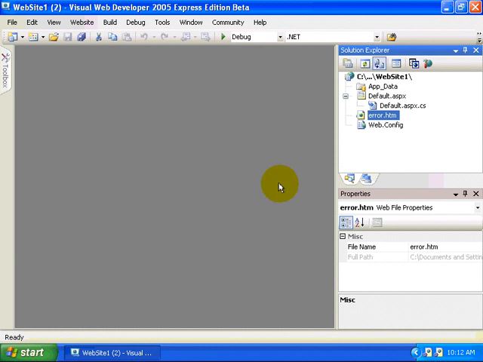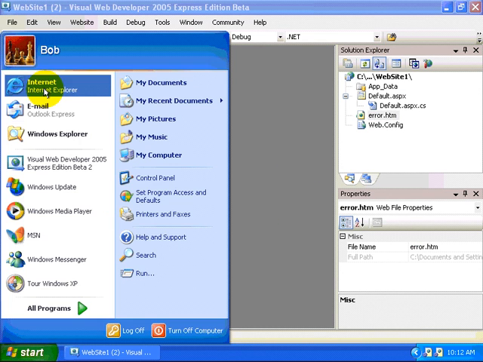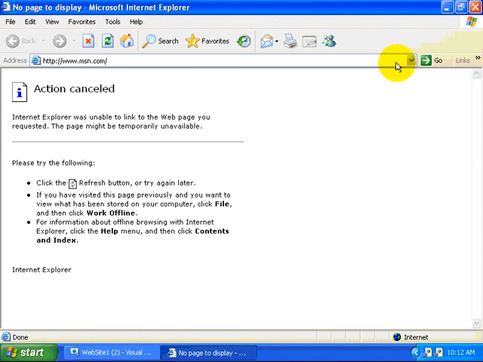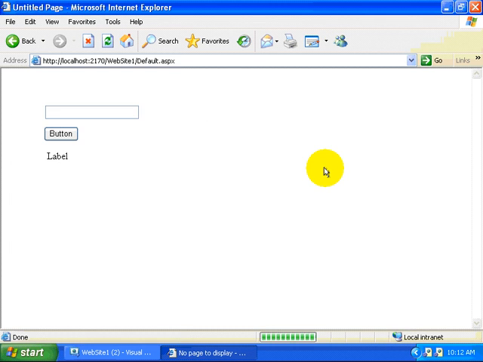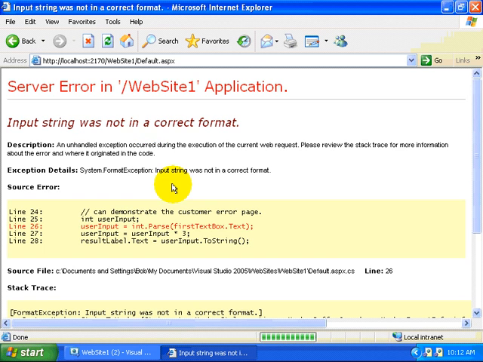And now, in order to test that, I'm just going to open up another web browser here and go back to the same page I was just at a moment ago. Let's see if I can get back to it here. Okay, great. So I'm going to type in Bob and then click the button. All right, now what you see here is the old error page. This is because I'm running this from the same machine where the website is hosted. However, other people will see this web page,